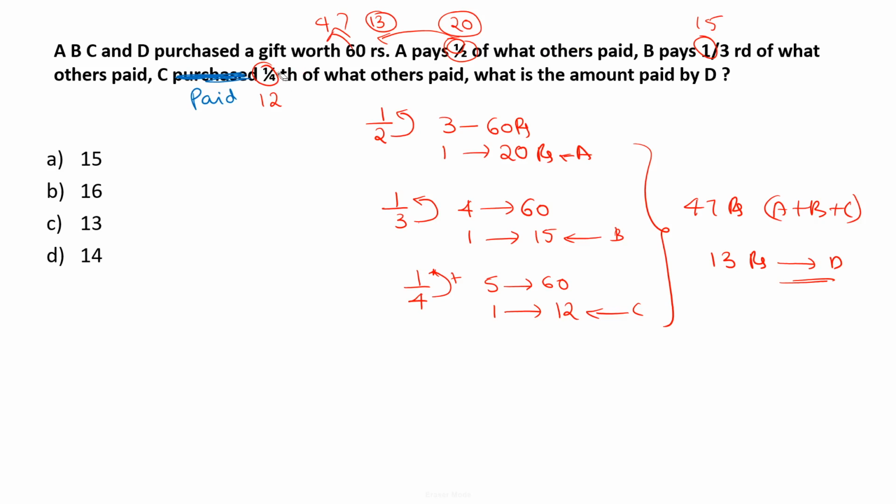You can solve the question like this very easily, and you don't need to write all these things. But for those who are amateurs with arithmetic and have just started preparing arithmetic, for the understanding of those candidates, I have written all these things, but you don't need to write all these things once you are comfortable with the ratio and the multiplications. Now our answer would be 13 rupees. The option C, 13 rupees, would be our answer.